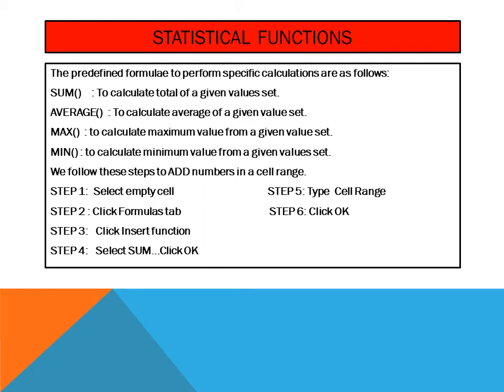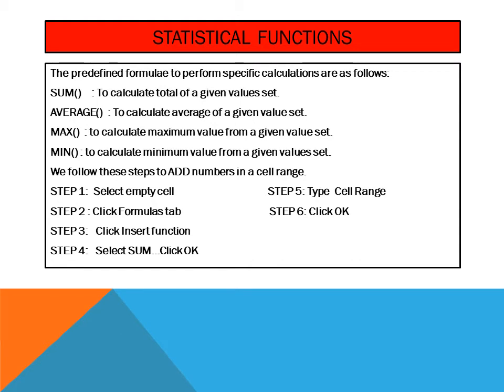Step 2: Click on the Formulas tab from the ribbon. At the top of the Excel sheet, we can see that we have the Formulas tab. We have to click on that. Then step number 3. Click on Insert Function in the Function Library group. We'll click on Insert Function. That can be seen again at the top of the ribbon, at the leftmost end. Step number 4. Choose the sum function and click the OK button in the dialog box.